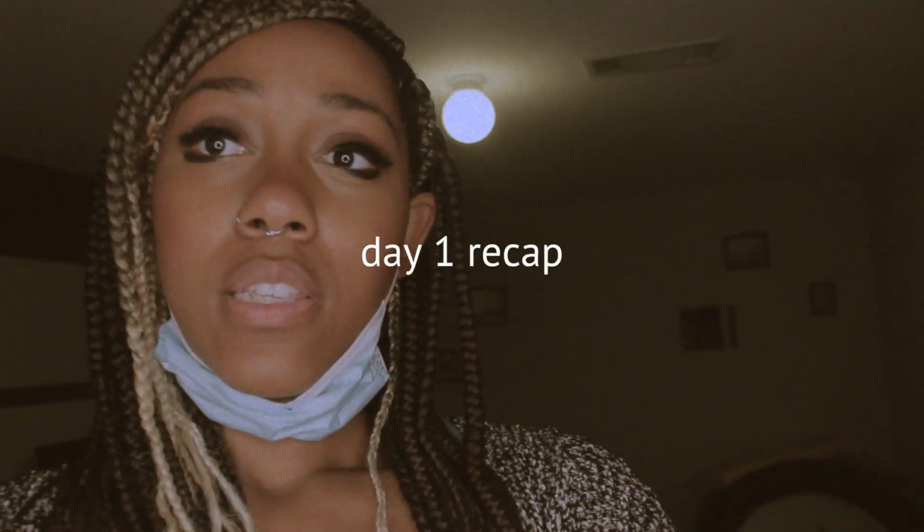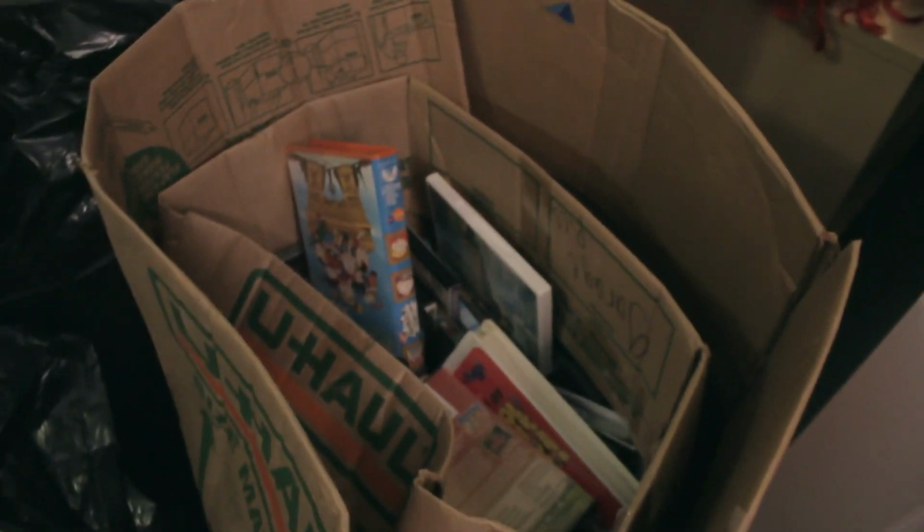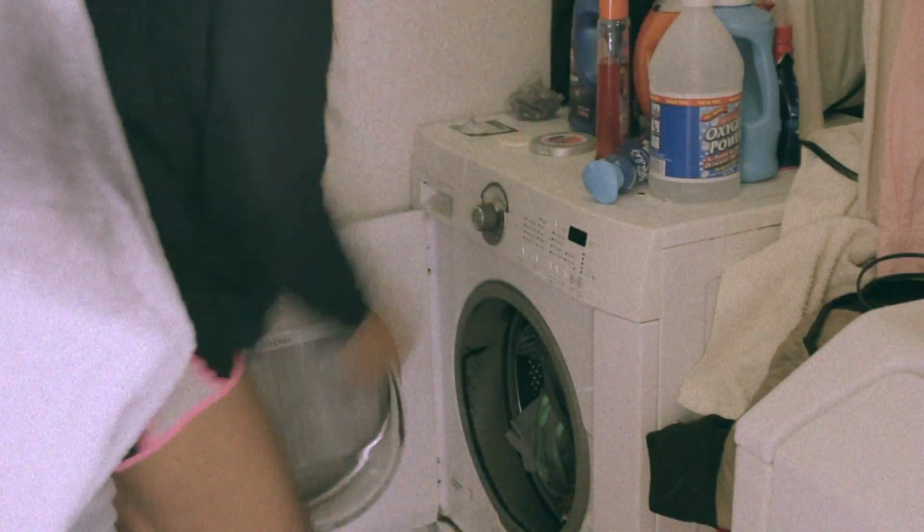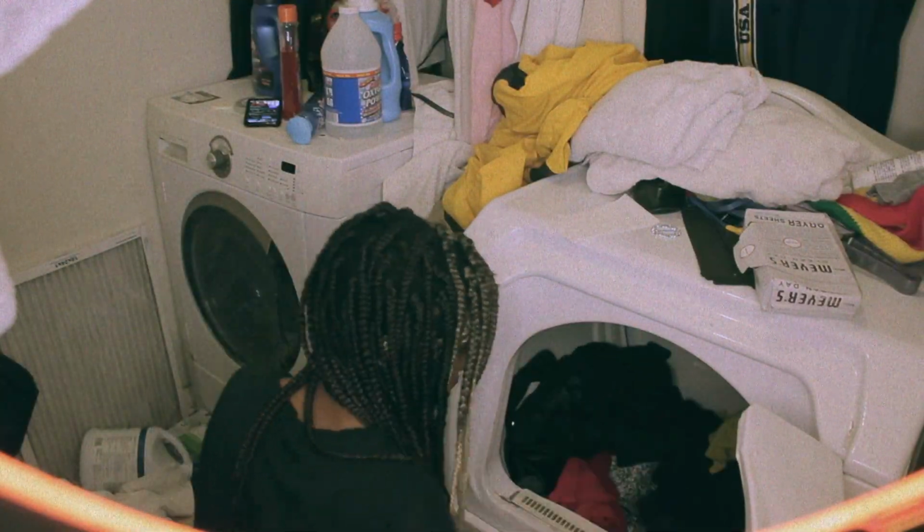It probably looks like I did absolutely nothing in here, but I actually do have piles. This is a box of VHS and DVD. This is a bag of moldy fabrics, things that have to be tossed. These are Goodwill clothing that I need to wash. Recycling. It's organized chaos. And then it's time to start doing laundry for the clothes,